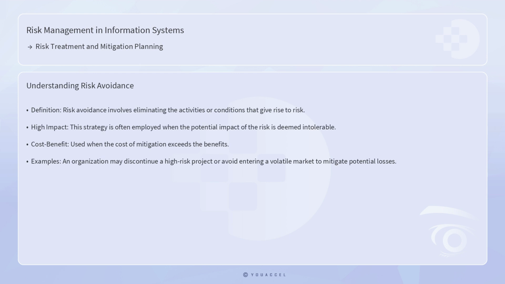Risk avoidance involves eliminating the activities or conditions that give rise to risk. This strategy is often employed when the potential impact of the risk is deemed intolerable or when the cost of mitigation exceeds the benefits. For instance, an organization may decide to discontinue a high-risk project or avoid entering a volatile market to mitigate potential losses. However, risk avoidance may not always be feasible or desirable, as it could limit the organization's opportunities for growth and